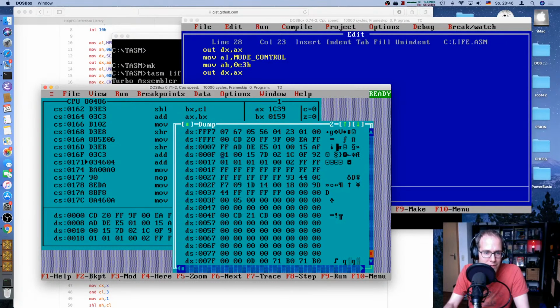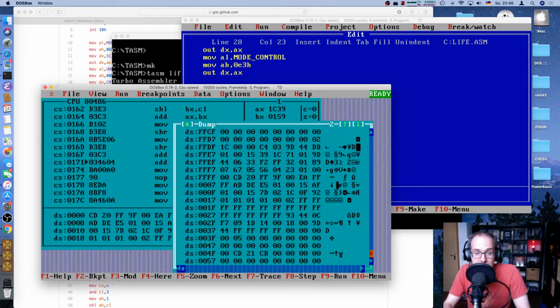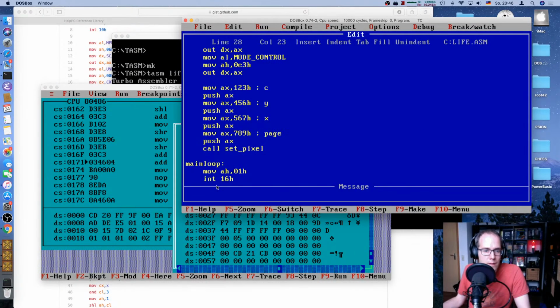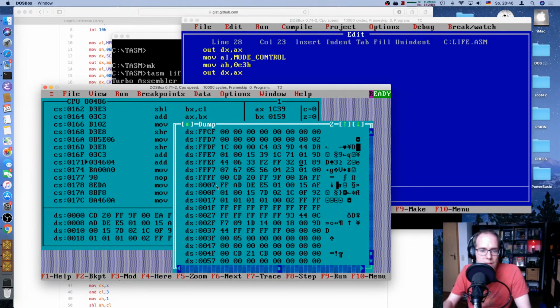No. Okay, so the question is, we would have to convert this to, we probably should have used hex values, shouldn't we? Oh, I used hex values, so okay, where's